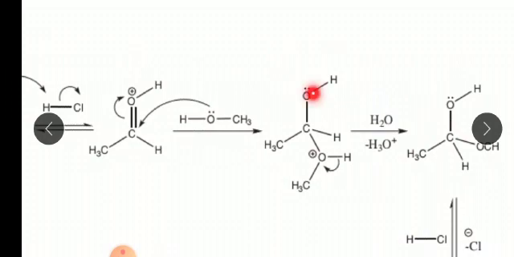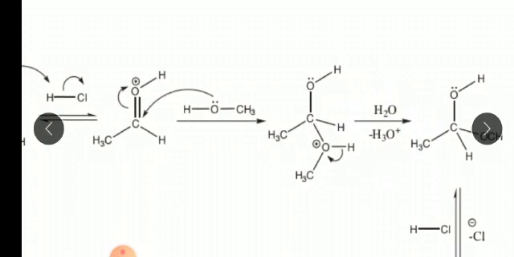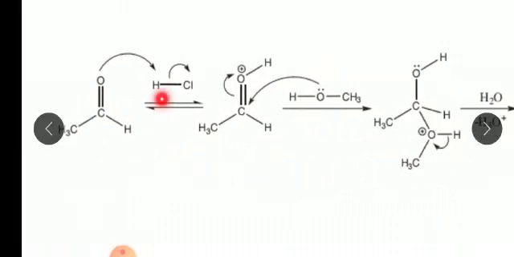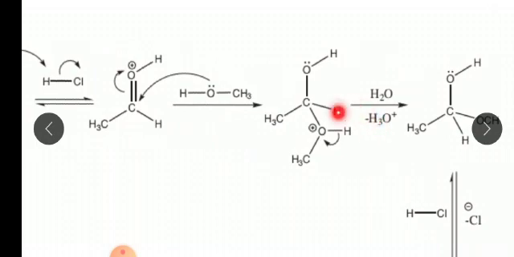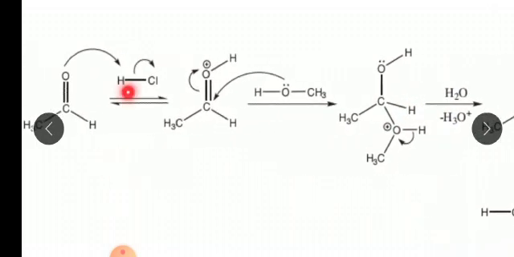Here one OH group is there, and H2O is present here. This hydrogen and the H2O become H3O plus. In the first step, hydrogen is added from the acid medium. The hydrogen acts as a catalyst, and after getting the product, the catalyst is removed. In the first step the protonation takes place, the second step is addition of alcohol, and the third step is once again the removal of H.